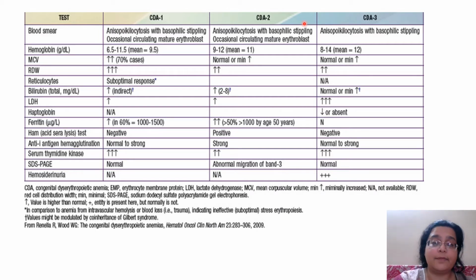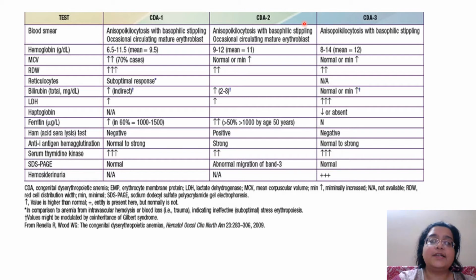Then some of you might say, but B12 is water soluble. Agreed. So I'm just telling you that in general, when there's malabsorption, there are some gastric features like too much acidity, gastritis, etc., or a history of alcoholism in adults, which is not there in CDA. In CDA, the child is okay, he's feeding, but still has anemia.